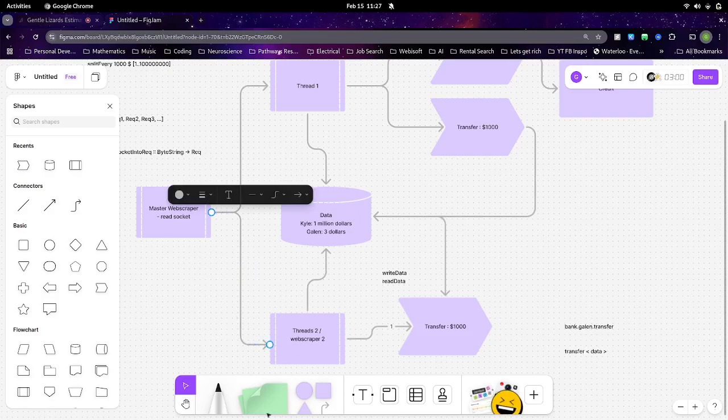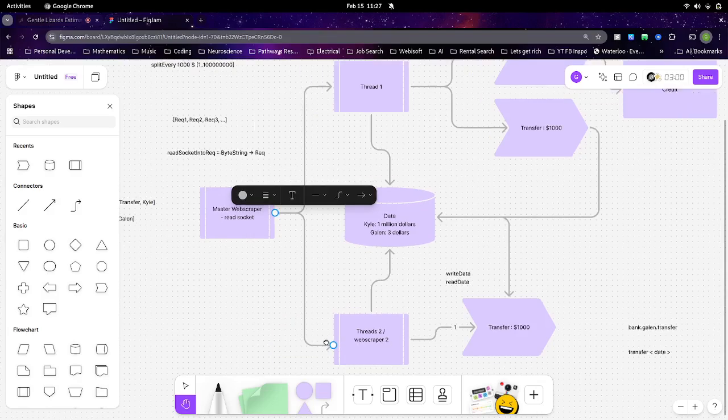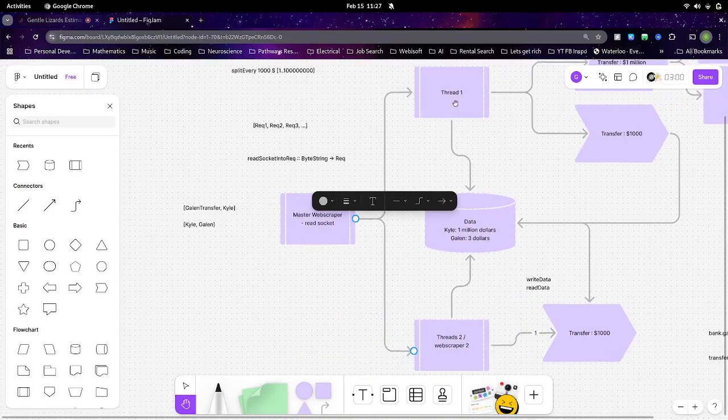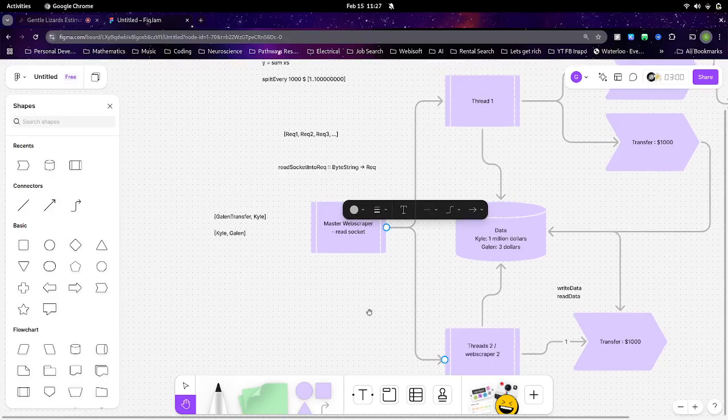A web server is ultimately going to divide up into a number of threads, one for each request. Let's say I first tried to transfer $1,000, and that is going to run first. It's going to start thread 2 in this case, and then immediately start thread 1.